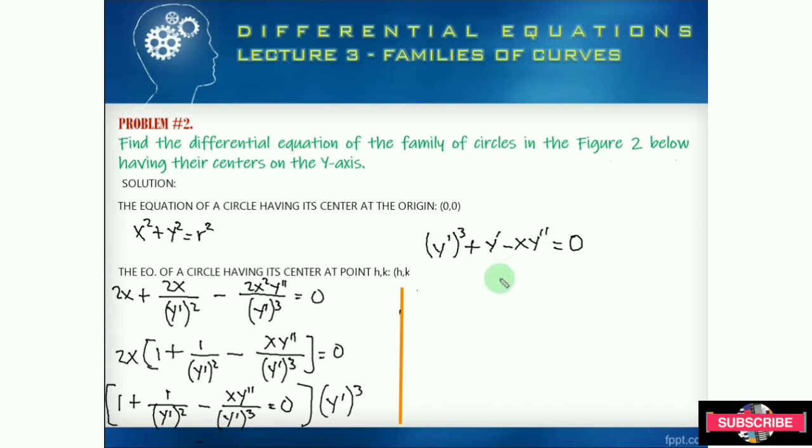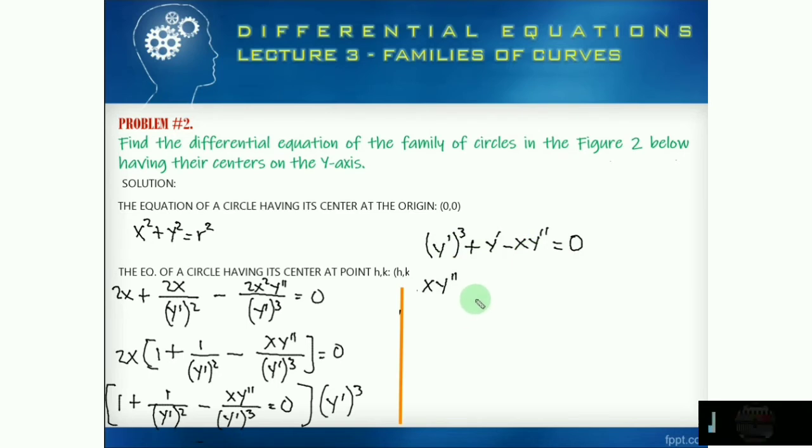So we start, if possible, for our differential equation with the highest derivative, which in this case is y double prime. If possible, make it a positive sign, so we are going to transpose this one to the other side. So here this will be positive, x y double prime, and transposing also this one to the other side,